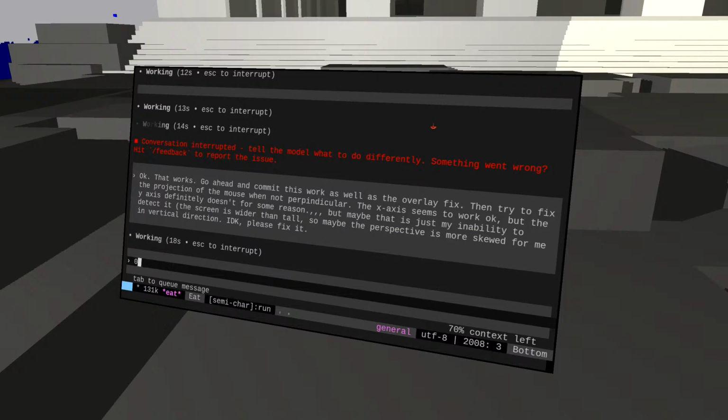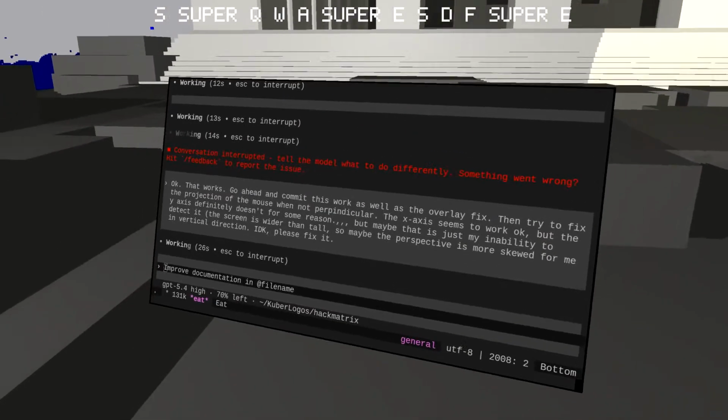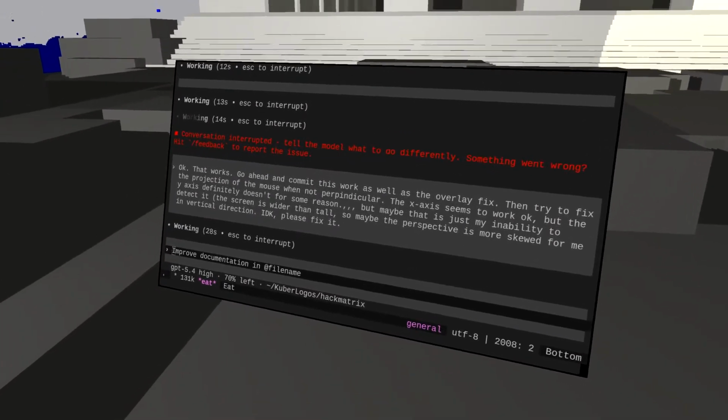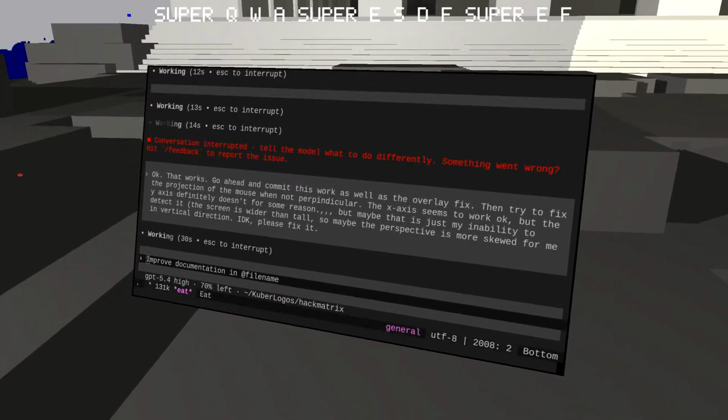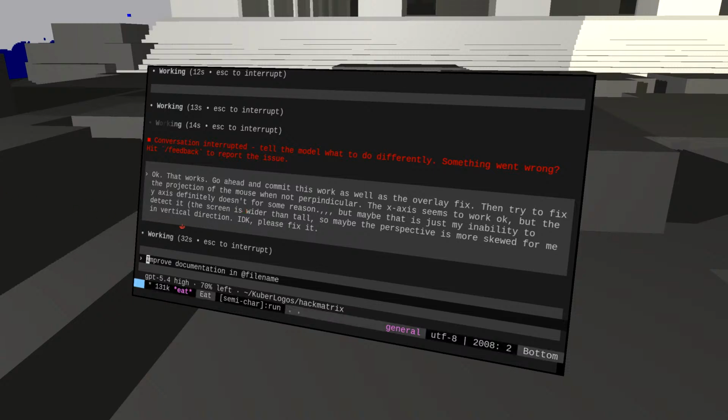Universal. So it does seem to enter exactly